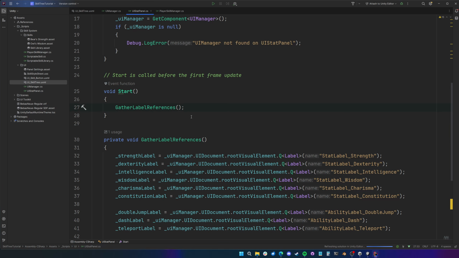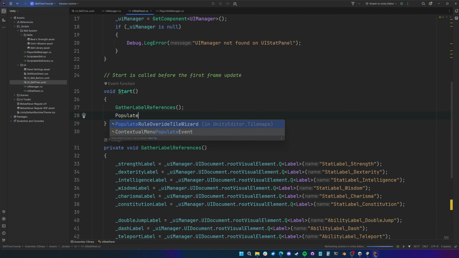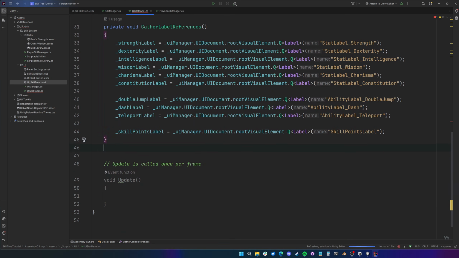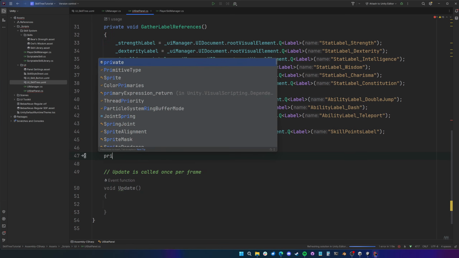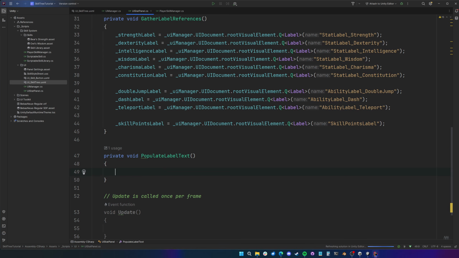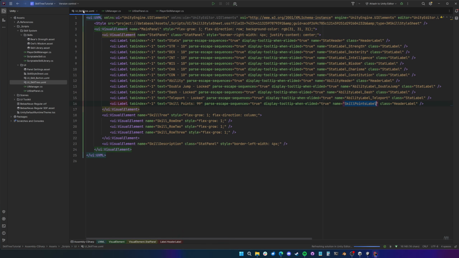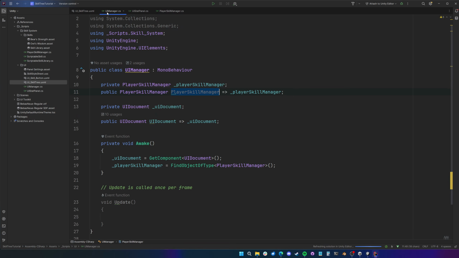Now underneath this gather label references, I'm going to make a new function called populate label text. And we'll come down here, and this again will be a private void populate label text. And here, this is where it became important that we had a reference to the player skill manager, but also had a public way of accessing it. So if we go to our UI manager,